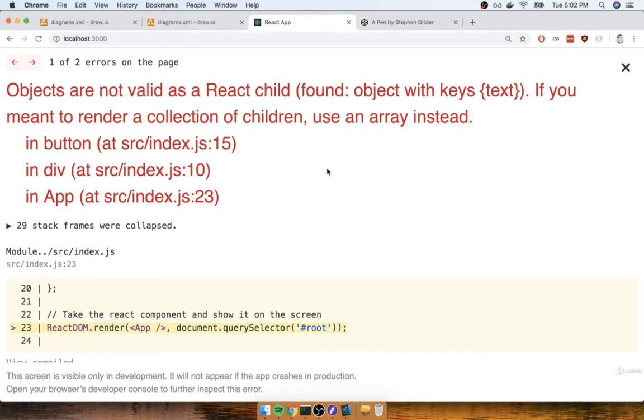Now I want you to really look at this error message and try to remember it, because like I said, I can almost guarantee you're going to see this at some point in time in your React career. The error message says, objects are not valid as a React child. A React child essentially means we are trying to show an object, like a JavaScript object, inside of a React component as text. And React does not know how to deal with that.